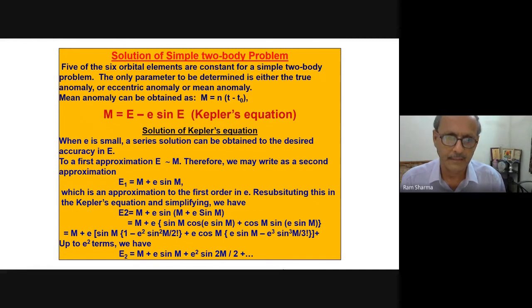I think one bracket needs to be there. E square sine 2m by 2, because that cos m is coming, 2 multiplied by sine m cos m is sine 2m divided by 2. So this is the solution, and if you take a small value of E, it works well. We can later check whatever values you got by putting them into the original equation and seeing how good they are, and I will show you how they work.